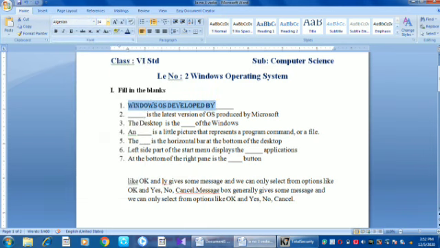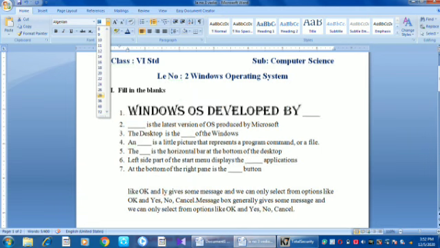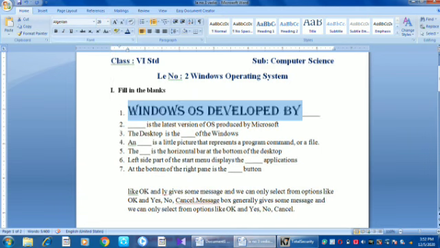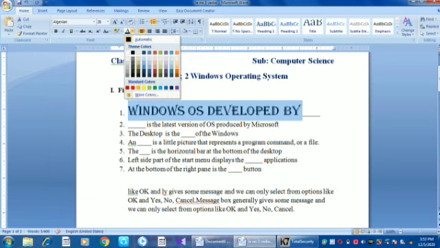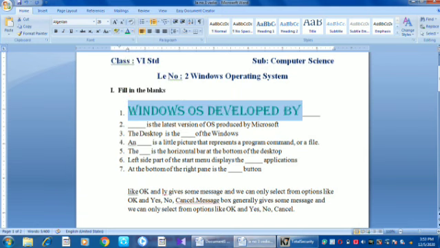Then this is the font size drop down list. We click this arrow means different sizes will appear. We can choose any one of the font size. This is the font color. Clicking this arrow means color palette will appear. We can choose any color. Okay. Then we can select another word.